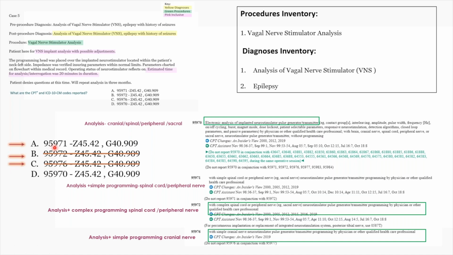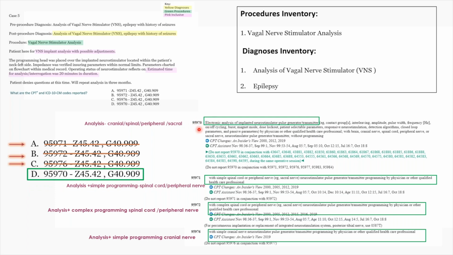And of the remaining two options, let's look into the second last option, 95971. It is coding for analysis plus simple programming of a stimulator which is located in the spinal cord and peripheral nerve. Once again, the location of the neurostimulator is wrong, and there is programming performed in this code. We are not having programming, and the location is also wrong. The correct answer finally is option D,